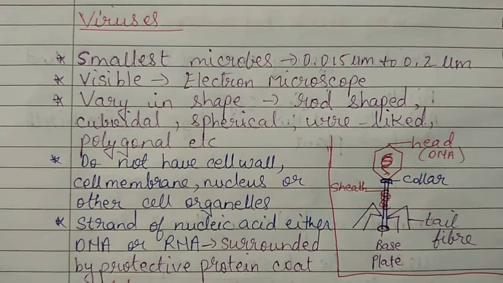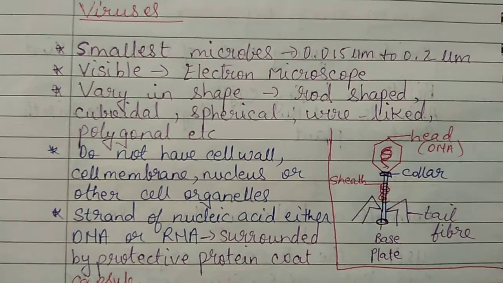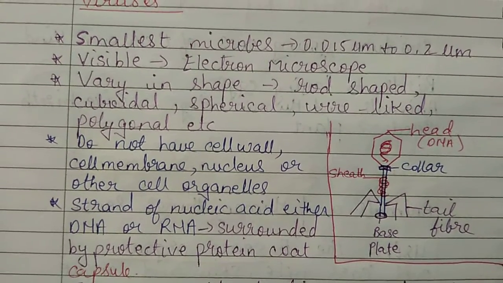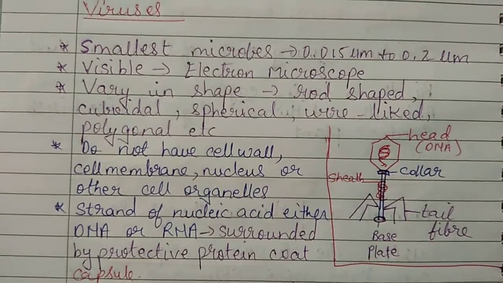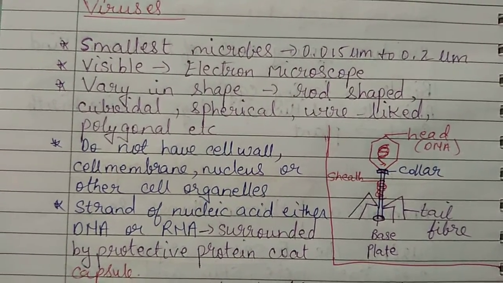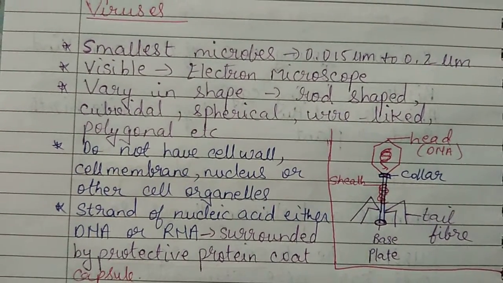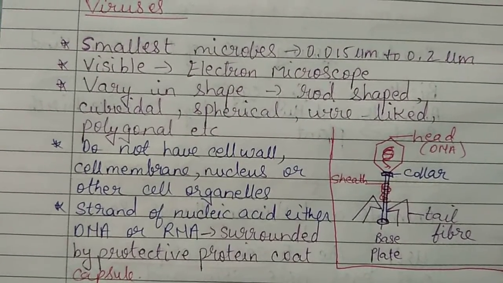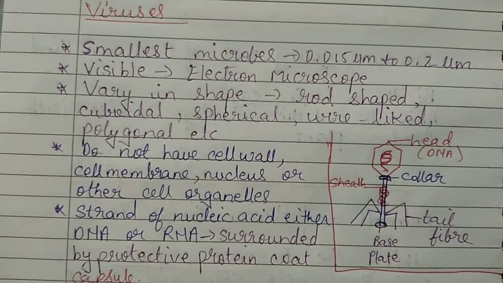Then, viruses do not have a cell wall, cell membrane, nucleus or other organelles. If you can see in the figure there, I've drawn a polygonal virus. So the virus has a head, a neck and a tail. So the head part, can you see? Yes, then that is the neck, the collar, and then the tail at the base. So they do not have a cell wall, cell membrane, nucleus or other